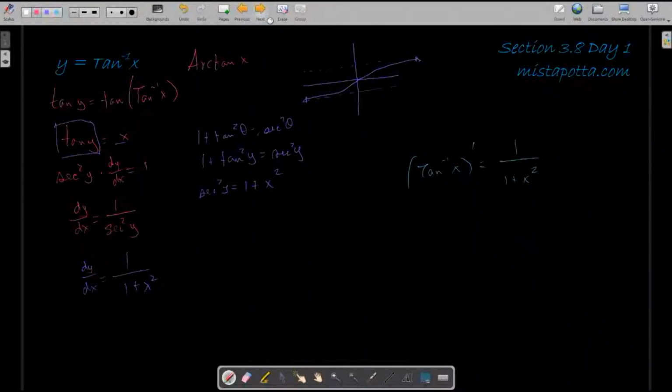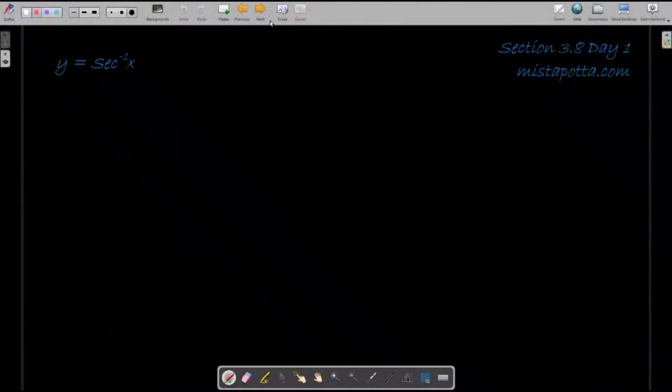So we've done the relationship for sine inverse, we've done the relationship for tangent inverse, so the last one of these functions we're going to be talking about is the secant inverse, and we'll discuss the cofunctions in just a moment. But again, as I've done before, I'm going to write this by taking the secant of both sides. This is going to give me the secant of my arcsecant function x, or that the secant of y